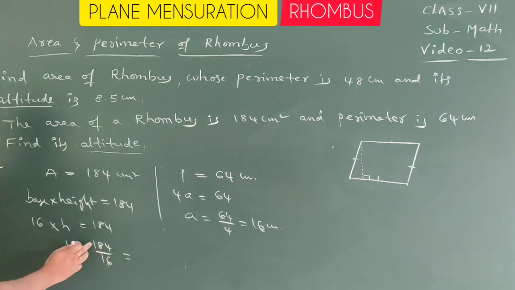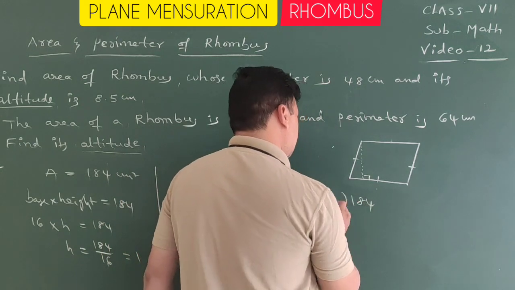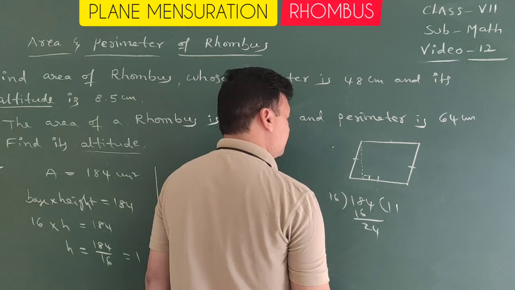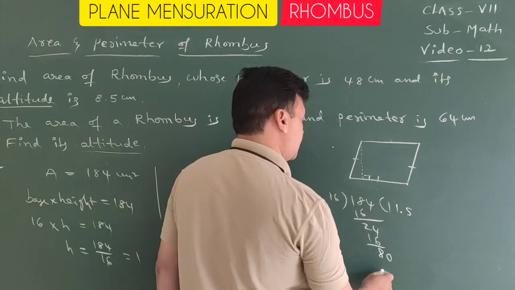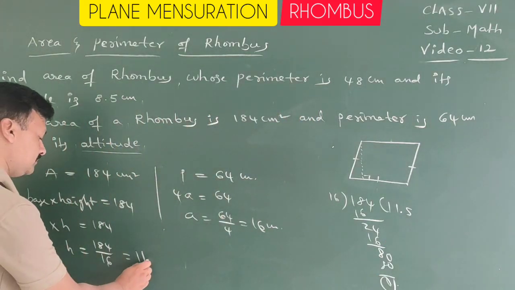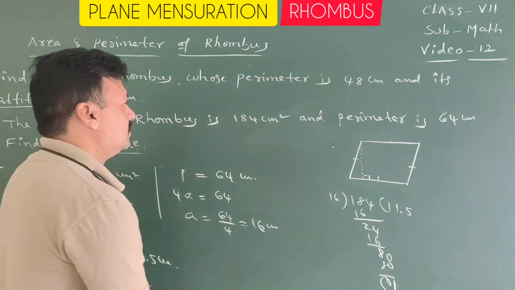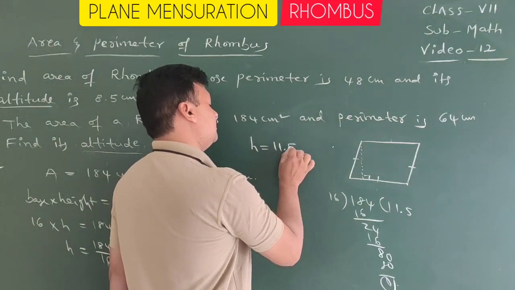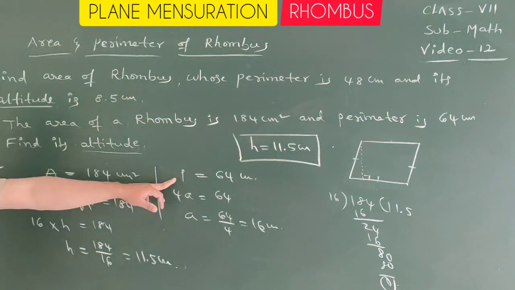16 once in 184, 16 here 24, here 1 time, 16 here 8.5. So 11.5 centimeters. So height is 11.5 centimeters. With the help of perimeter, we got base